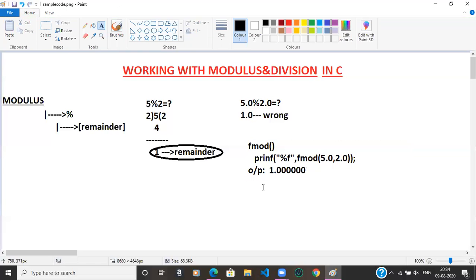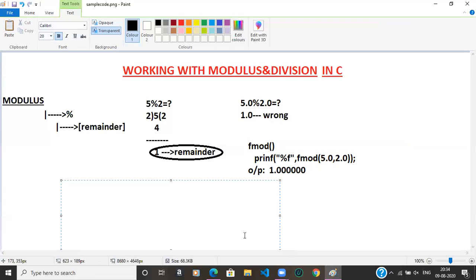For example, we will see one more thing. If I want to perform the operation between -5 modulo 2, what is the result? The result will be -1.